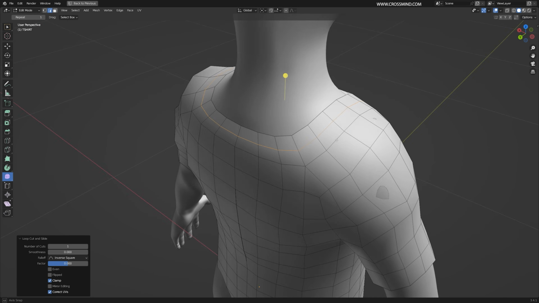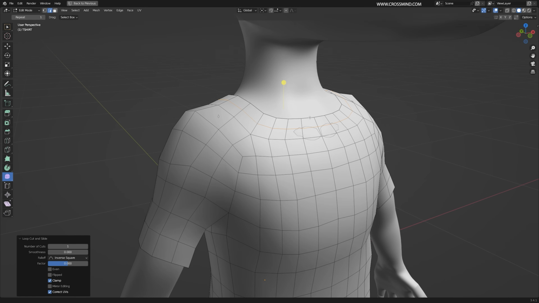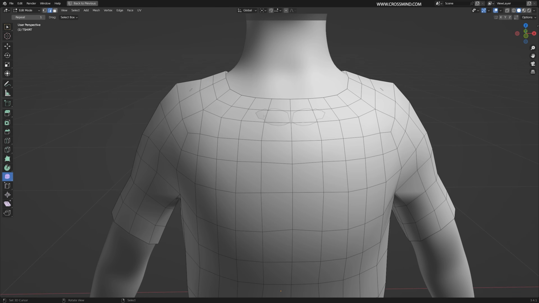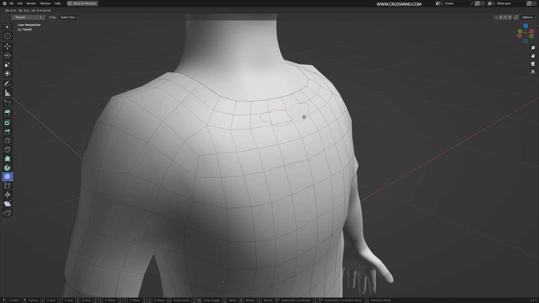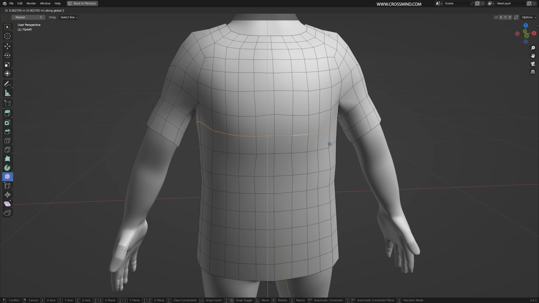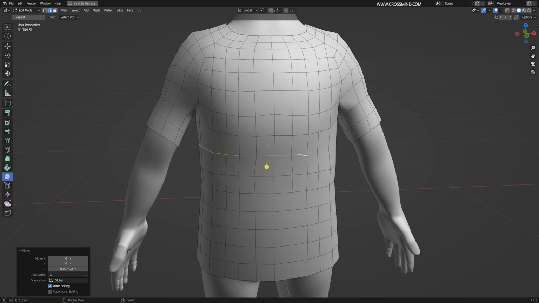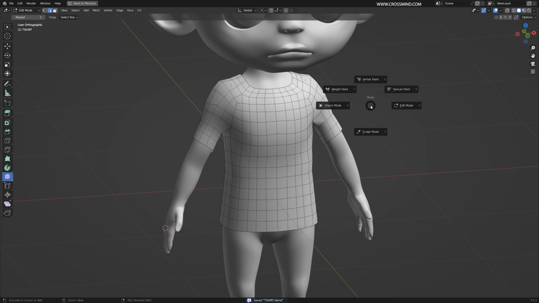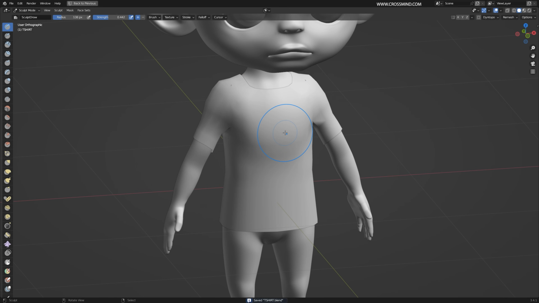Going to add one more loop here with Control R. And I think we are more or less done. But one thing is, at this moment, this t-shirt looks a bit stiff. So we can use a few dynamic modeling tools to give it a bit of relaxation, like it's actually worn by a person. So there's a thing in the Sculpt tool. If you go to the Sculpt tool here,